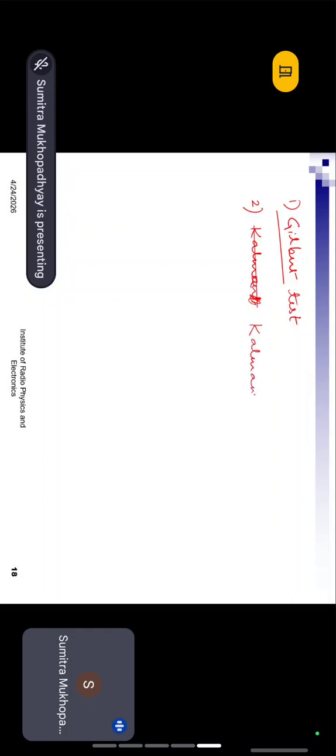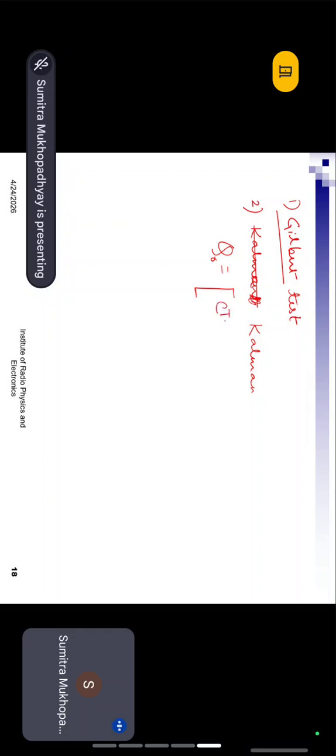Kalman testing. So how will we do that? We define an observability matrix for an nth order system. So what is that observability matrix? That is something like